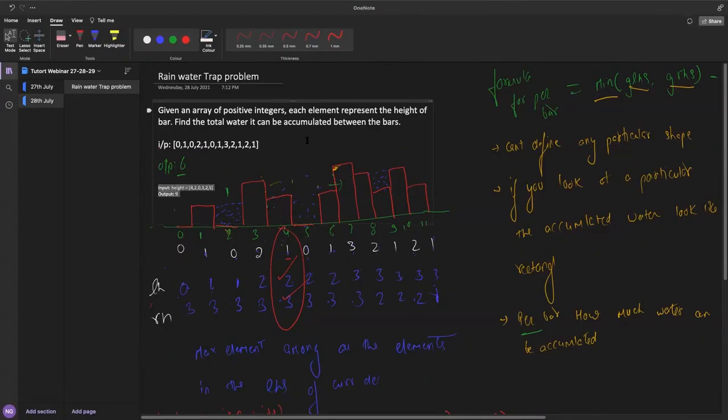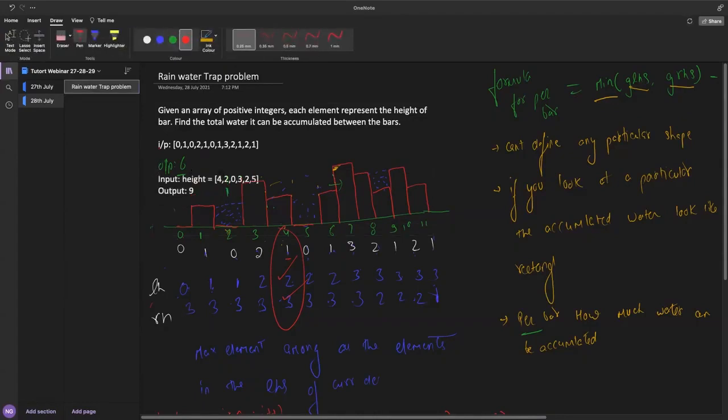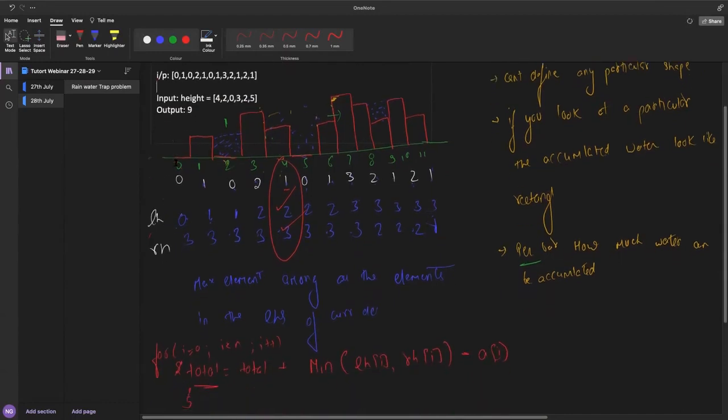First, check whether you got the current approach or not. Then apply the same thing on the second input and see whether you are getting the answer or not. It will just cross check whether you have understood the problem or not. Then we will see how to write the code.